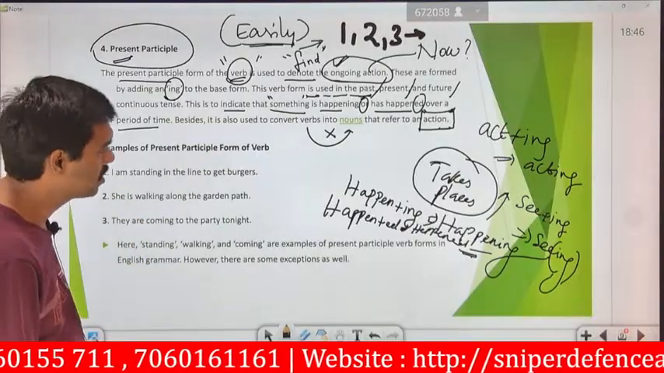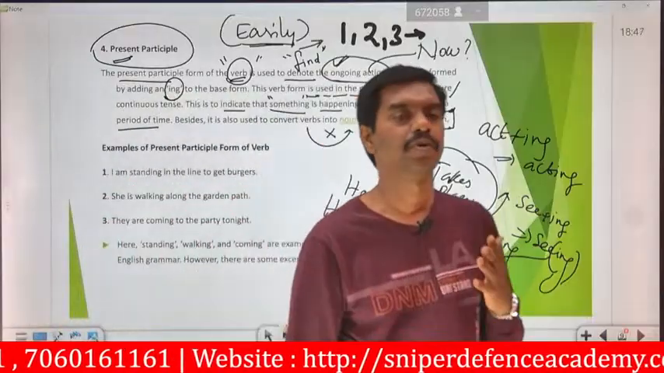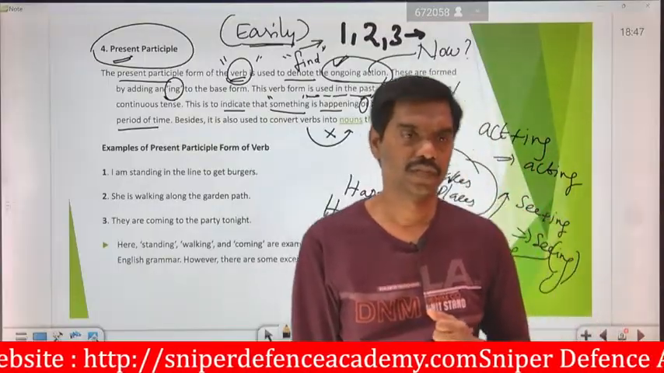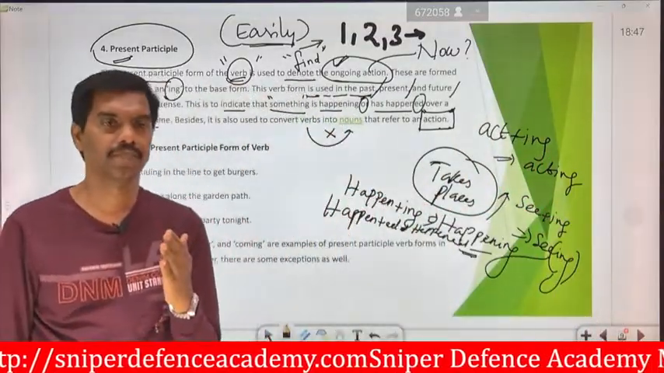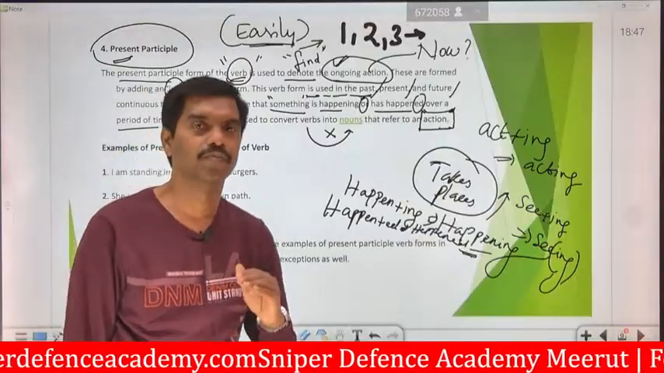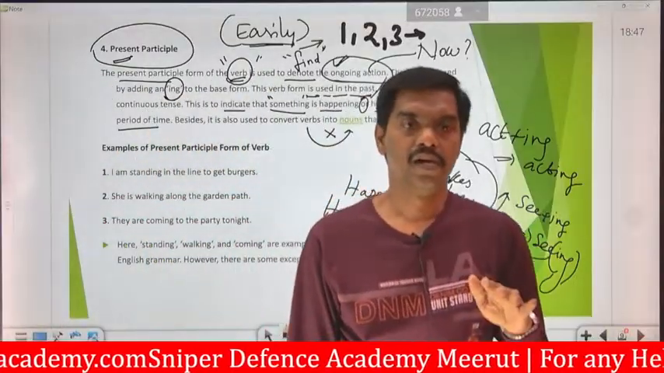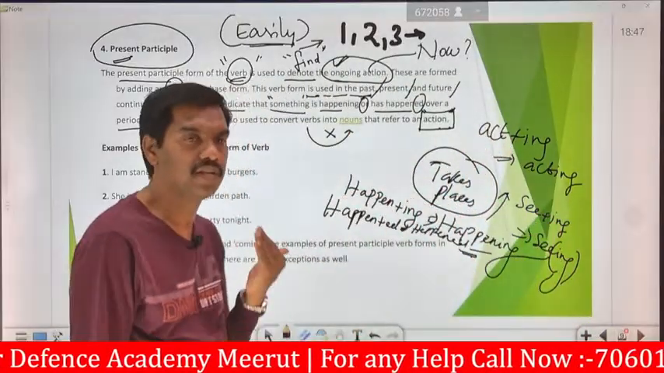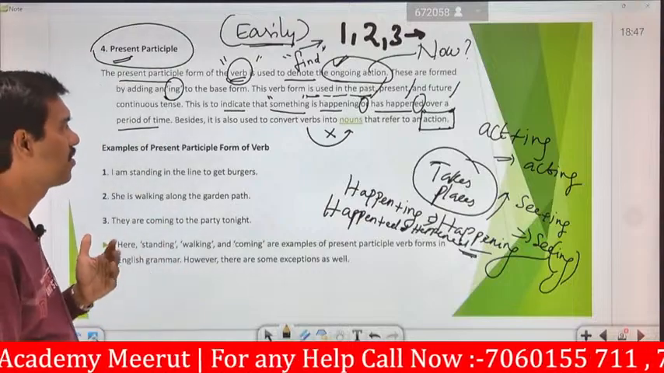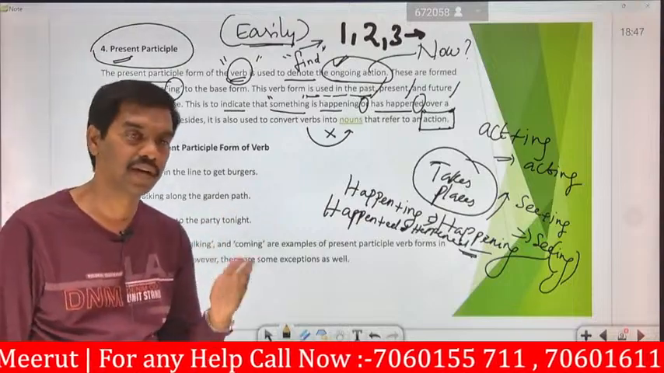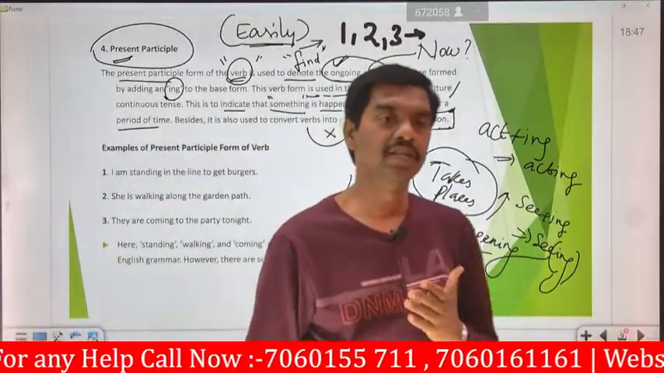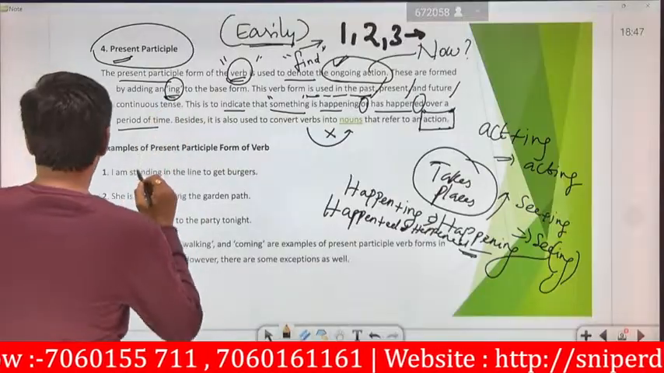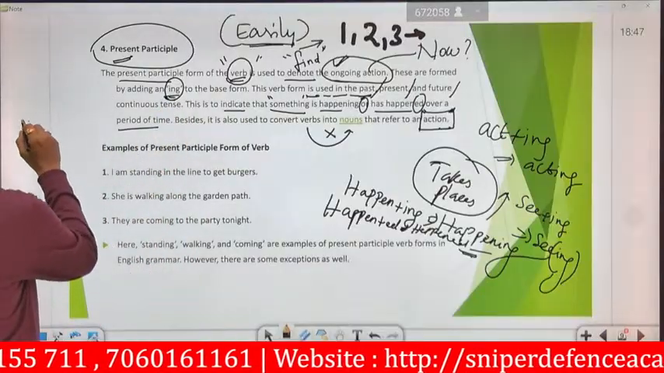So the question is, how can you form this present participle? How can you form it, teacher? You say the ongoing action which takes place now is said to be a present participle. So how to identify it, teacher? We can form or easily identify it by adding ing. So we are going to add ing. For example,